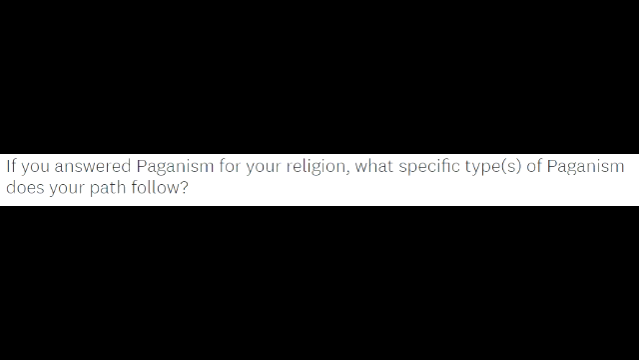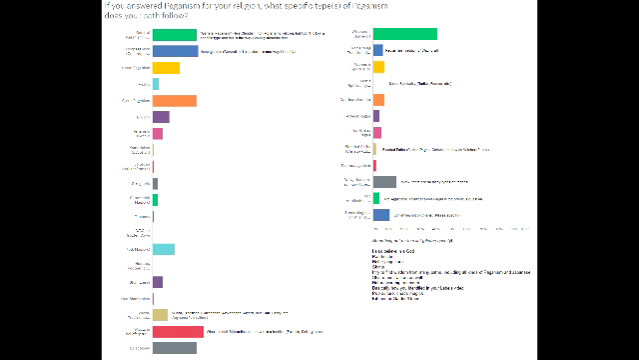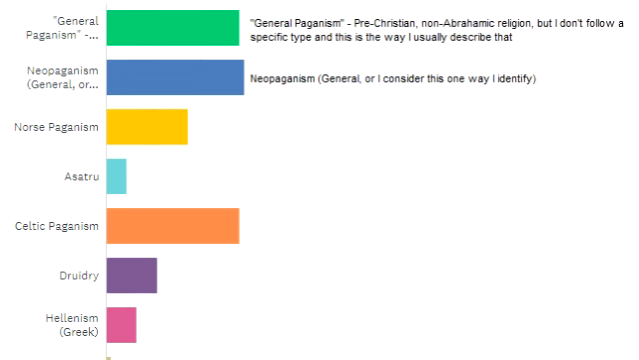Good to know. On the next question, then, it was: if you answered paganism for your religion in the previous question, what specific type or types of paganism does your path follow? And this was another thing where they could check all that apply. So we're going to start with the left column. I put these into two. These bars are 10% increments, so almost 30% answered that they identify in some way with general paganism, which